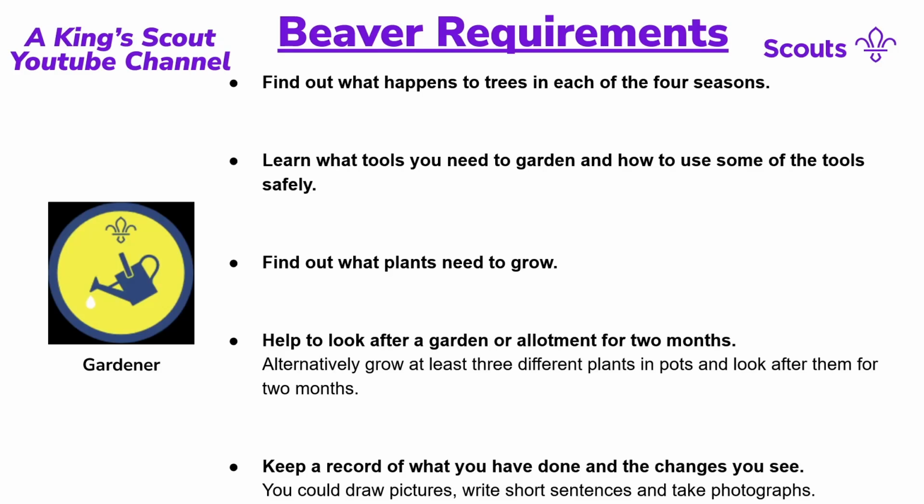Hi, today we're going to talk a little bit about the gardener activity badge for the Beavers section. So essentially, what's going on here is that, unlike the Squirrels version of the activity badge here for gardening,